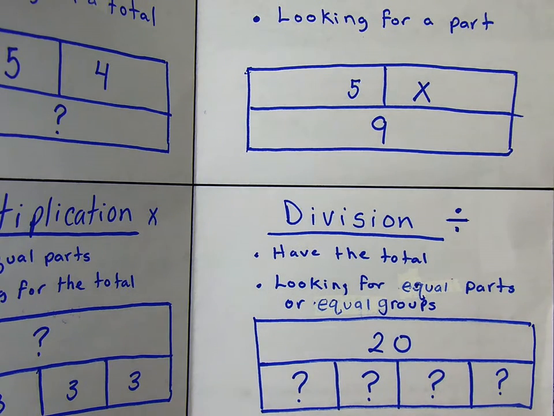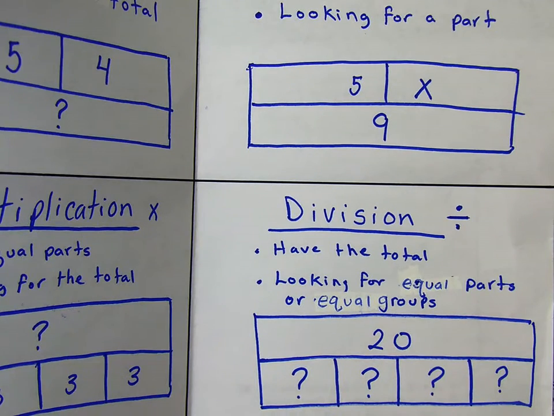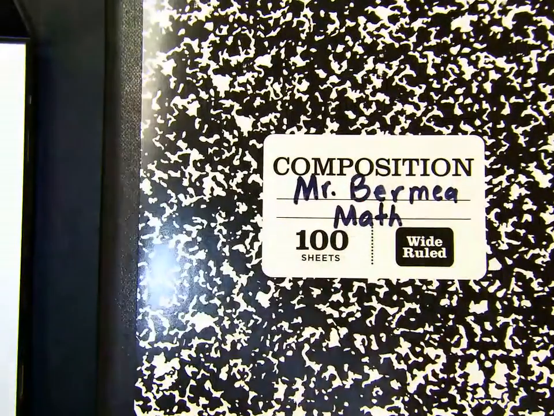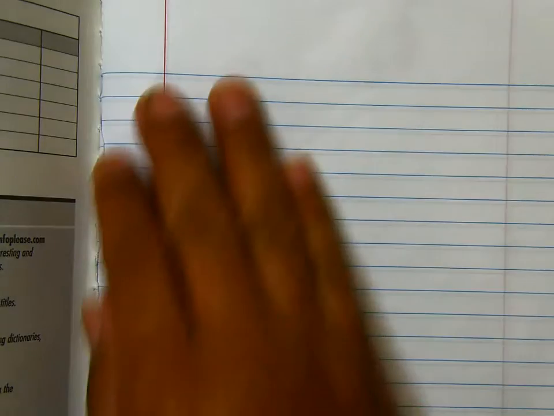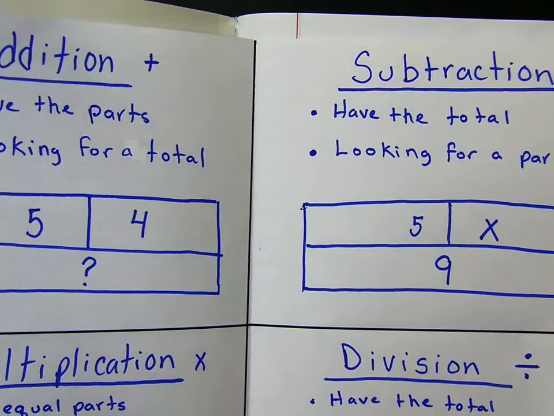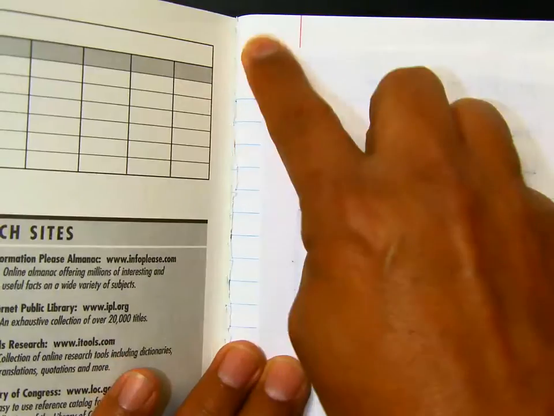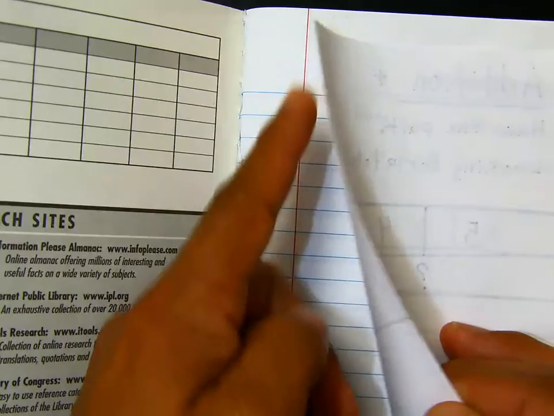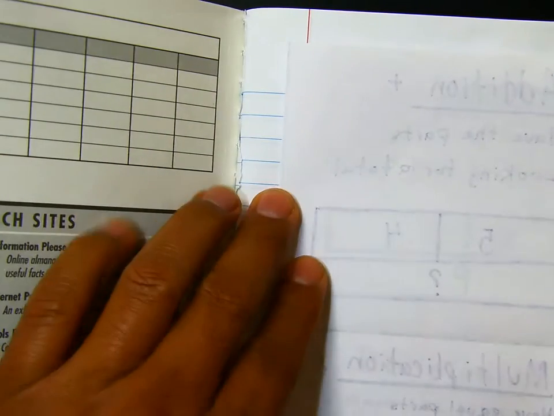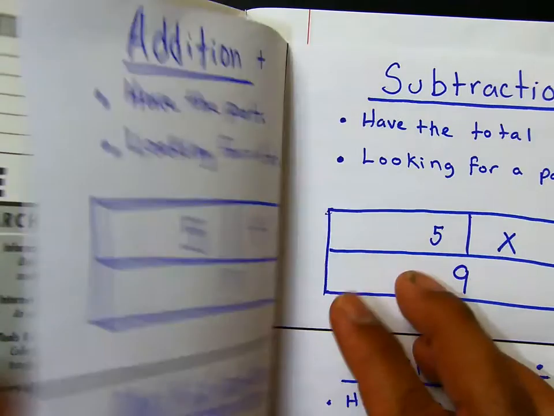We're going to need this graphic organizer in our journals. You're going to need to get a journal, put your name on it, and label it math. Go to that first page. This is where you're going to add your graphic organizer. The easiest way I found to put your graphic organizer there is to fold it in half. You can add glue to this side of your graphic organizer and glue it there,